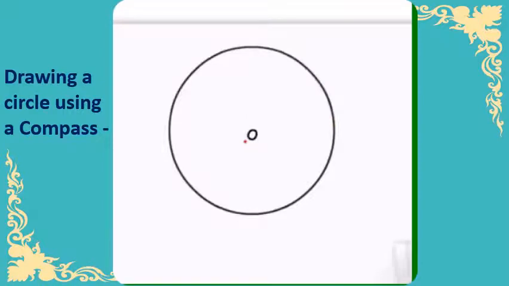Okay, got this? Please practice this at your home. Take the compass and adjust the pencil, see the level of the pencil and the needle, and then make a mark on the paper. Then take any length for measurement, any length you can take, 5 cm, 6 cm, and then put the end of the needle on the marked point and move the pencil side. You will get a perfect circle. Okay.